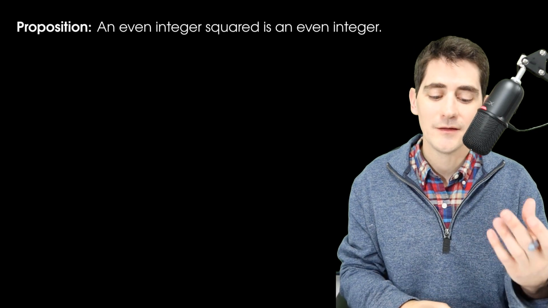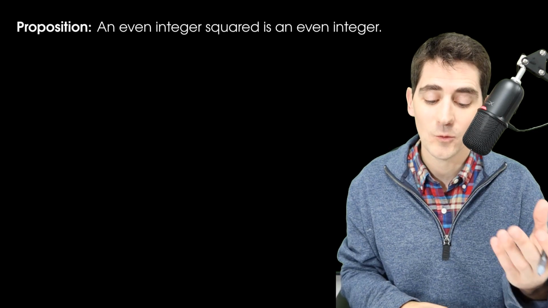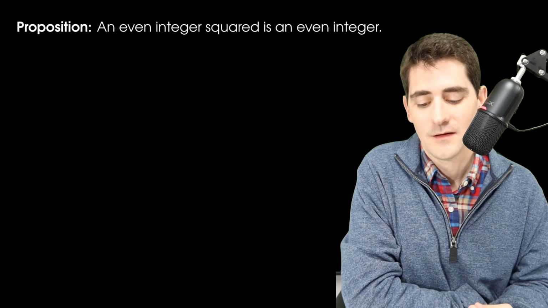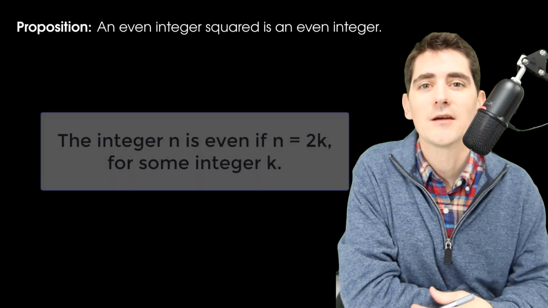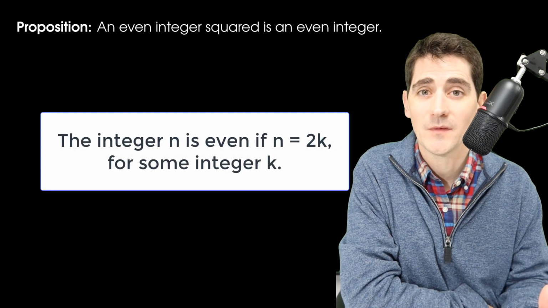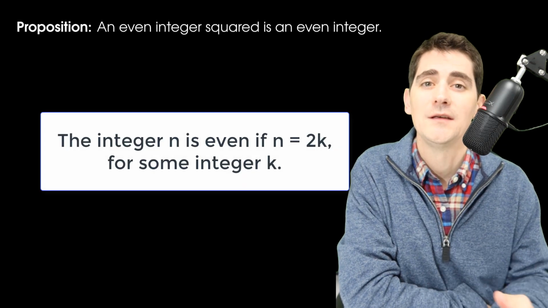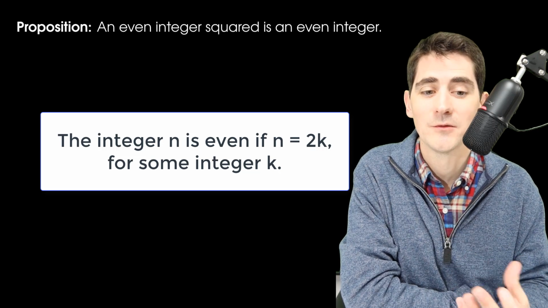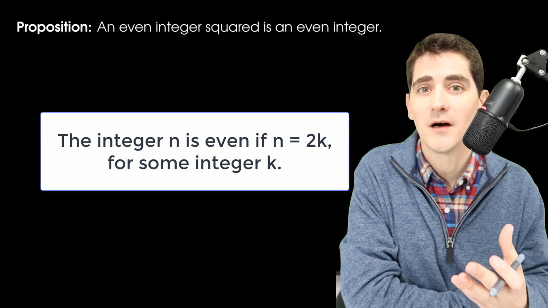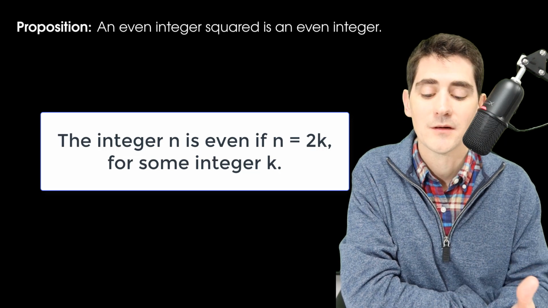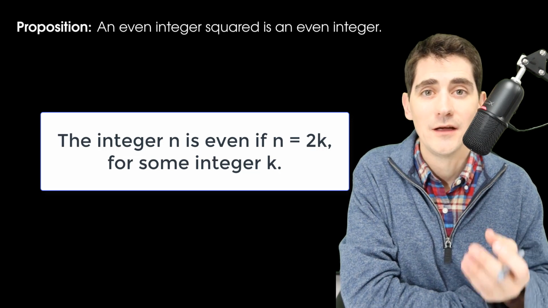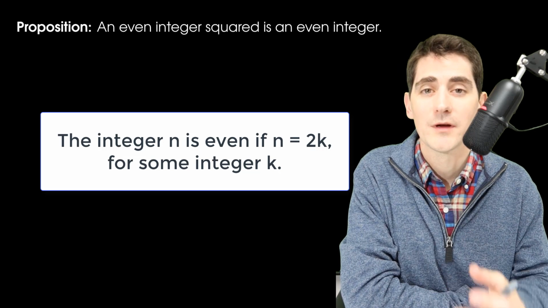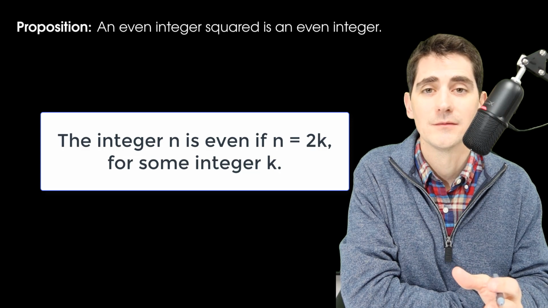So first we need a definition. In this case, we need to know what an even integer is. So I'll define an integer to be even, for example, 36, if I can write that as 2 times something. 36 is 2 times 18. If I can factor a 2 out, then that is an even integer, and I think that makes sense to us. Another way we could say this is if I divide by 2, I have no remainder. So that's how we'll define an even integer. An integer is even if it can be written as 2 times k, where k is just some integer.